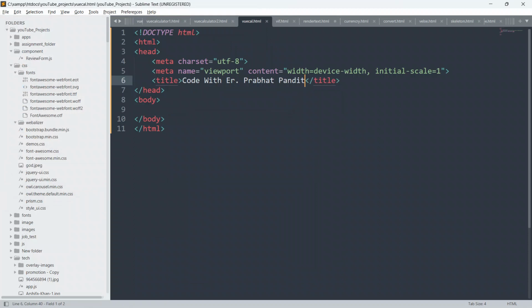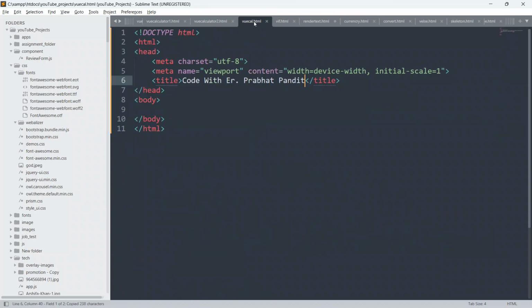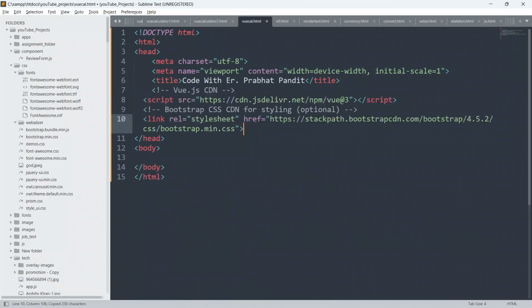Okay, so guys, first of all, I would like to paste some of the CDN links from the previous example only, just to save our little bit of time. Then we will paste them into our code below the title tag. So let me go to the example, copy these CDN links from here, and paste them into our code, below the title element.